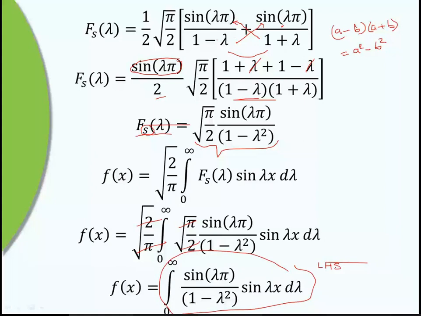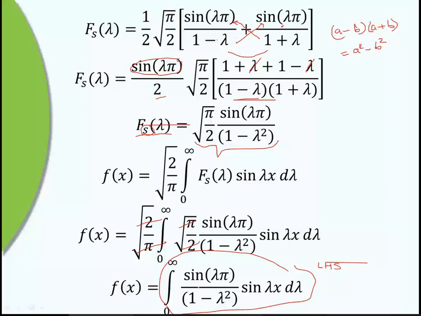Okay, so that is how we can simplify the terms to get the required answer. So right hand side f of x is equal to this left hand side. So important is checking, first of all, taking the given function on the other side as f of x, then look at the terms in the integration and then simplify it to get the required answer.